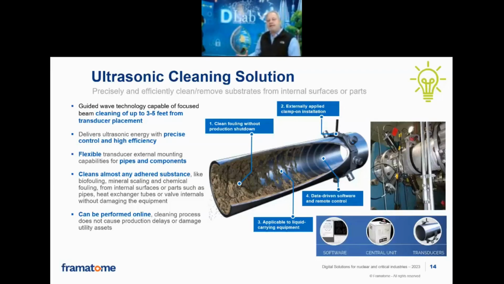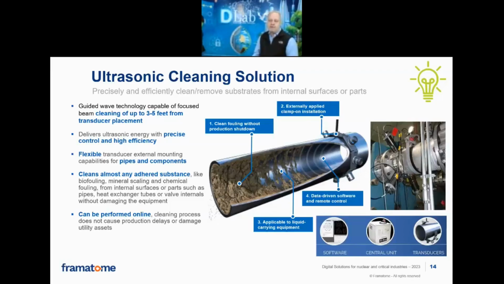So being able to take this system and efficiently apply it to the outside of the pipe and direct the sound waves to get the contaminants off the surfaces and lift that up so that the fluid flow of the system can take that and move it down the pipe. So we felt, hey, what is a good way to do that and having a flexible system? So we worked to build basically a transducer belt. We were able to use transducers that did not affect the actual substrate or the material of the piping. And we were able to take that contaminant and move it down the pipe.